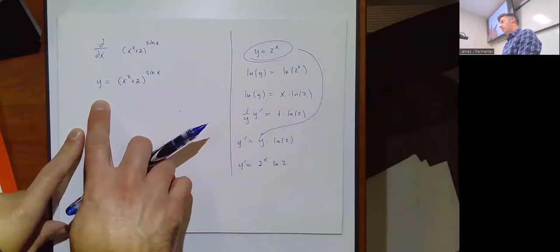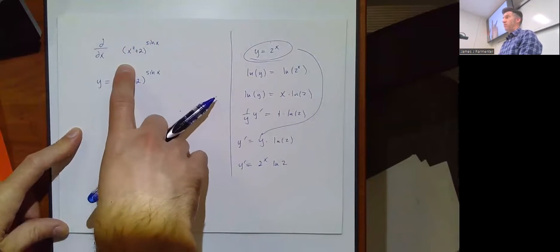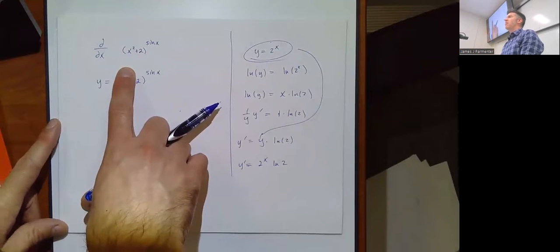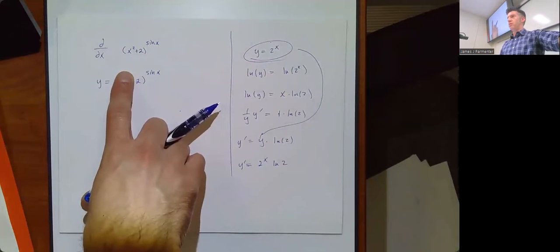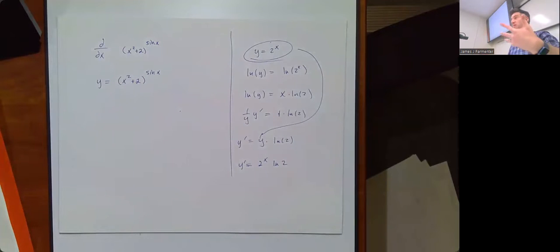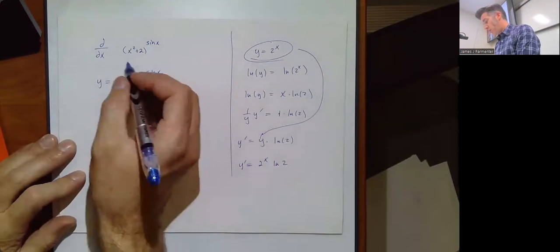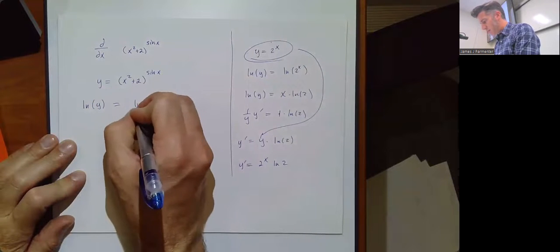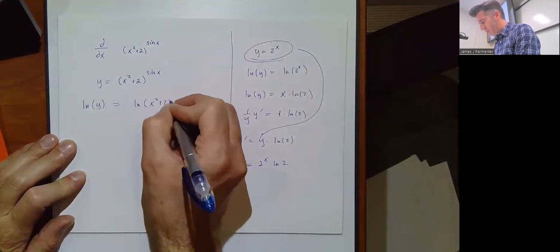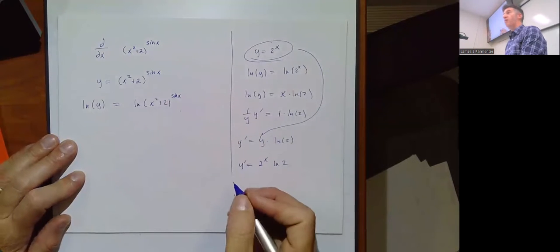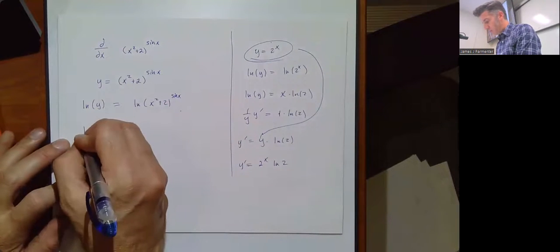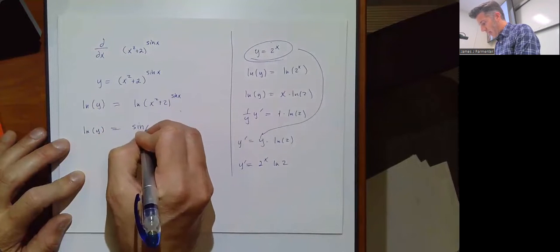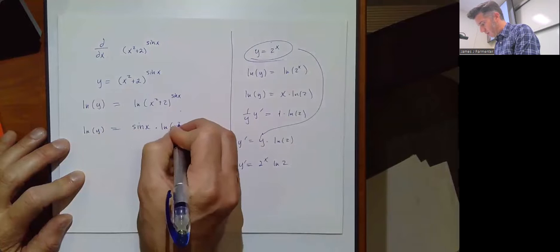I should say, technically, there's a formula you can memorize for something like this. I've never been able to memorize it. There are some things you can memorize and you just shouldn't, because it's better to follow a process. So we're going to follow the same process. We're going to take the natural log of both sides. Why are we doing that? Exactly. If you have variables in your exponent, we do not want them there. And we take the natural log of both sides to allow us to use the rule to let you bring down the power. So sine of x times the natural log of x squared plus 2.